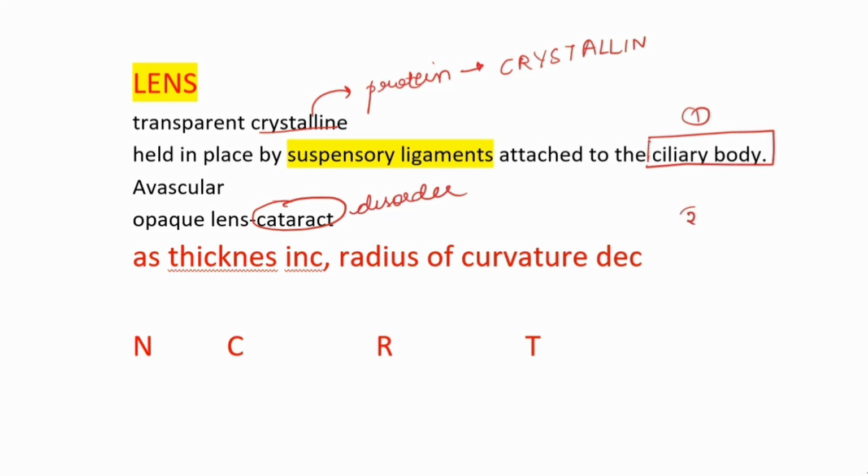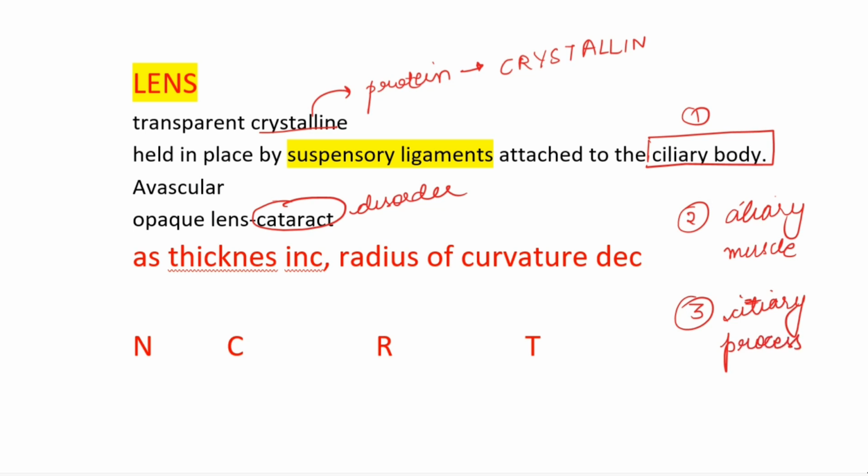So the ciliary body, can you recollect what it is? We learned three terms: ciliary body, ciliary muscles, and we are also going to learn one more term, which is ciliary process. These terms will be confusing for you. Let me explain it one by one. So what is ciliary body? So auntie's body is fat. Yes. So ciliary body is the thick